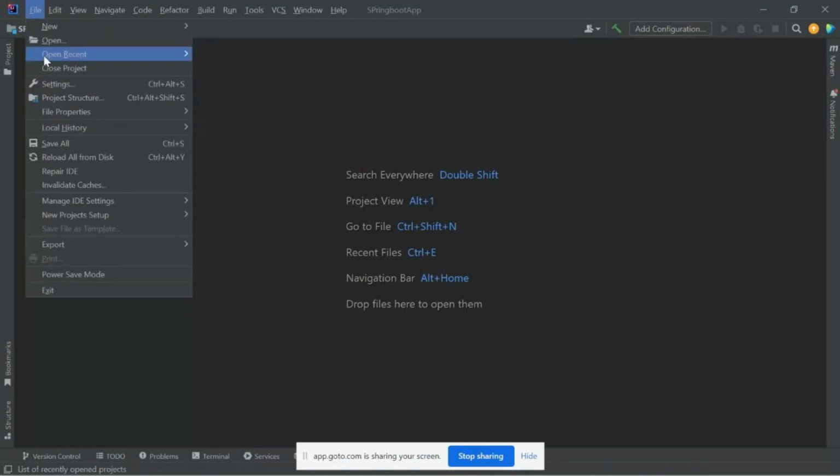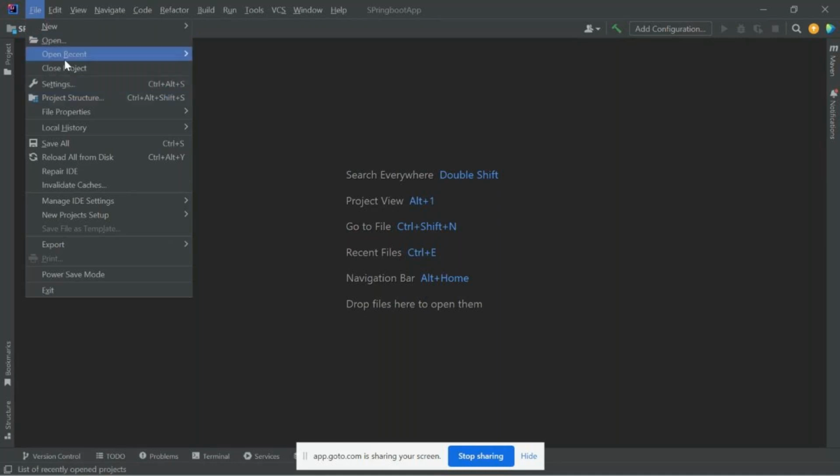First thing is, instead of going to new, I'm just imagining that I am a developer who joined a company recently, and they gave me the code. That is in a zip file. They have shared their application code with me. If that is the case, I have to click on the open button. I will copy the code into my laptop, and I will unzip it, and I will click on the open button. Then I will navigate to the place where I have unzipped that particular code, and I will select the folder and open it. I can use open if I have the code already on my desktop.